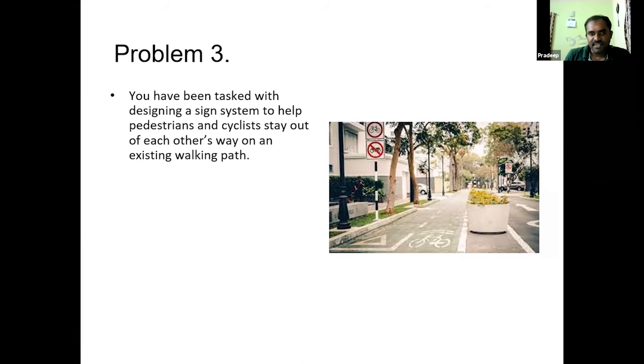Excellent. Hats off to you, Sandhya. It is basically ethnographic. How does the external environment impact? How do people behave with each other? One category is pedestrians and the other category is cyclists. How do they behave with each other? So it's basically a primary research and it is an ethnographic research.